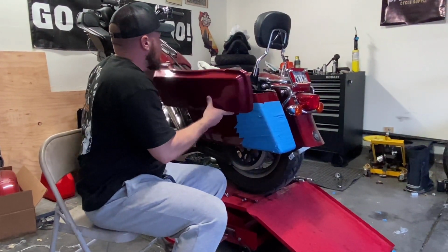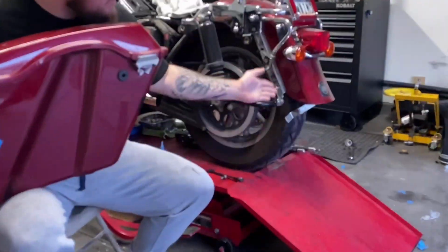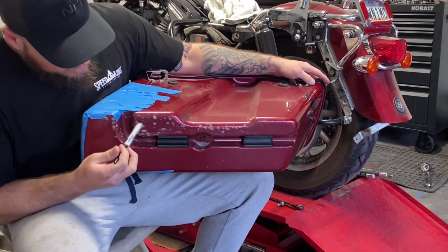Pop this off and show you what I'm talking about. This is the rail I'm talking about. You want your bag shorter than this. Easy way to figure that out: there's a cutout in the bottom right here. You're going to want to cut it